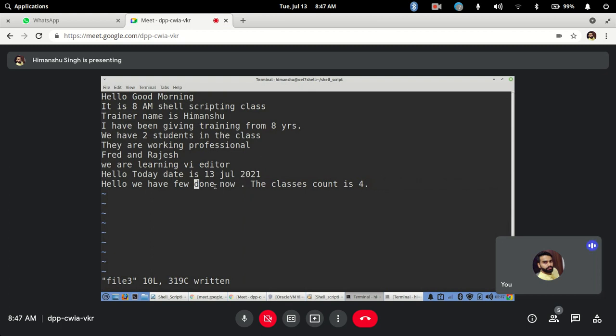You can do it that way also, deleting specific characters: keep pressing x and it will keep deleting. But to quickly delete the whole word, you can simply do dw. Clear?